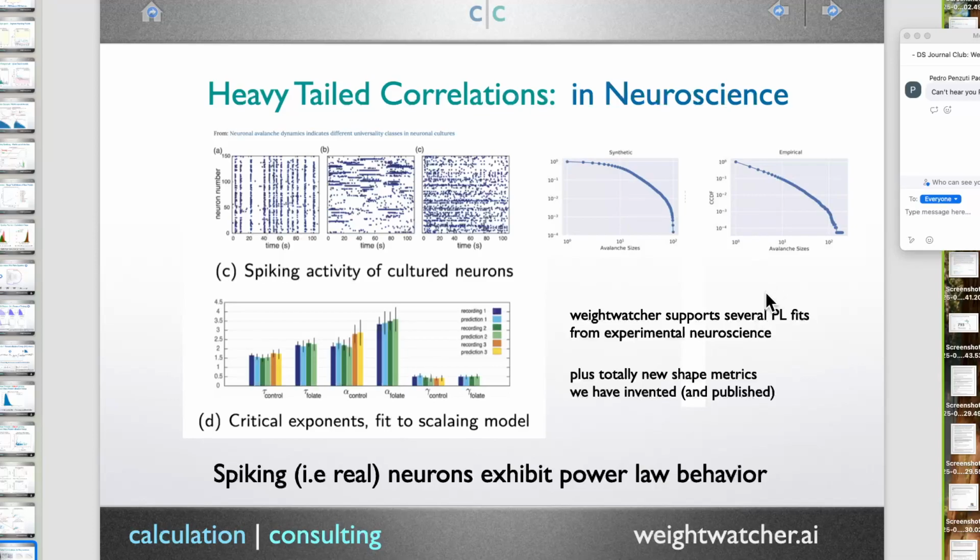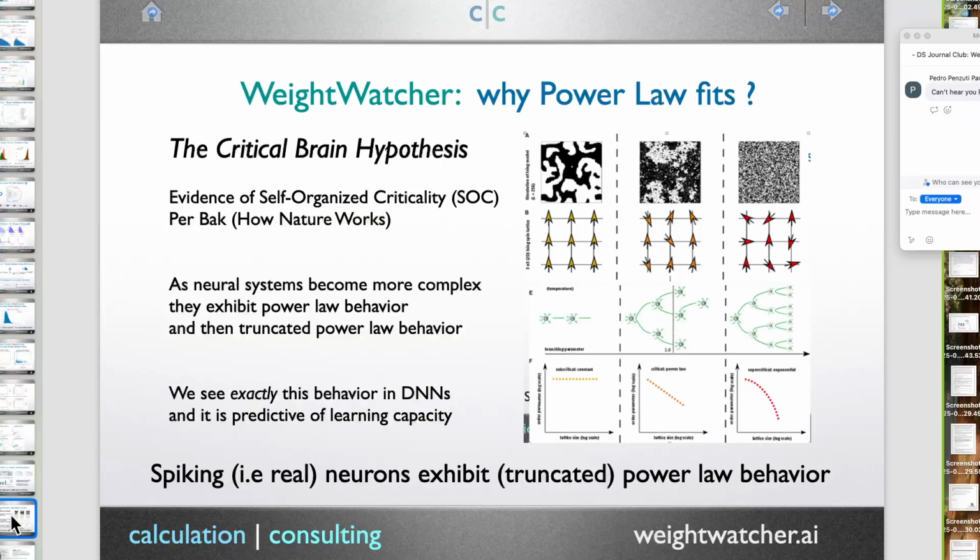The actual idea for WeightWatcher came from taking a tool from neuroscience, looking at how the correlations concentrate in neurons, and seeing whether that would happen in the activation structure of a neural network. I realized the activations are really hard to measure because you need to have all the data. But what if I just look at the weight matrix itself? I realized mathematically, if the correlations are in the activation patterns of the neural network, they have to be in the weight matrices as well. Obviously, in a spiking neuron, you can't see the internal structure. But with a neural network, you don't need to look at the activations. You can look at the weight matrix directly.